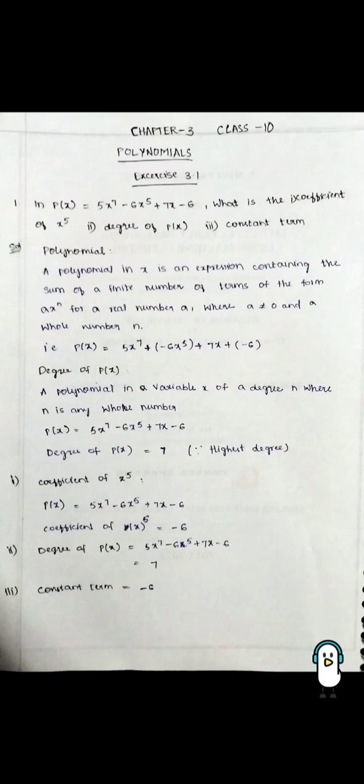In exercise 3.1, the first bit is: P of x is equal to 5x power 7 minus 6x power 5 plus 7x minus 6. What is the coefficient of x power 5, the degree of P of x, and the constant term? So if we see,